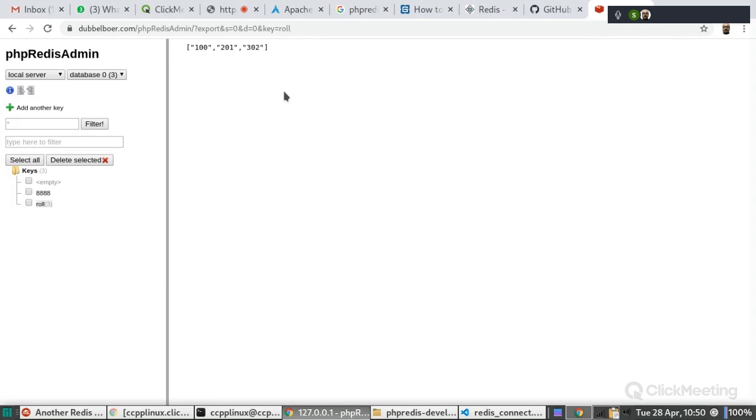Right, because there must be some way to establish communication between this programming language and this database server. Otherwise, there is no use, sir, if you are not able to establish a connection. So similarly,